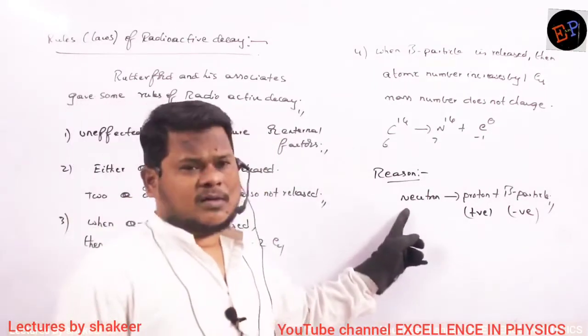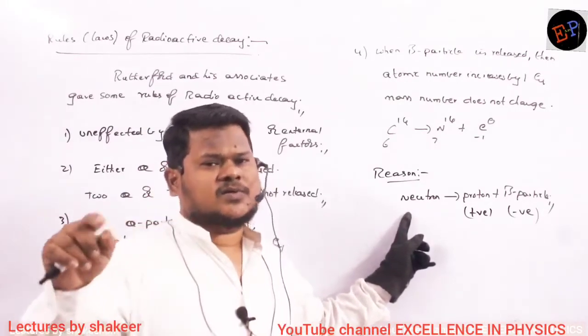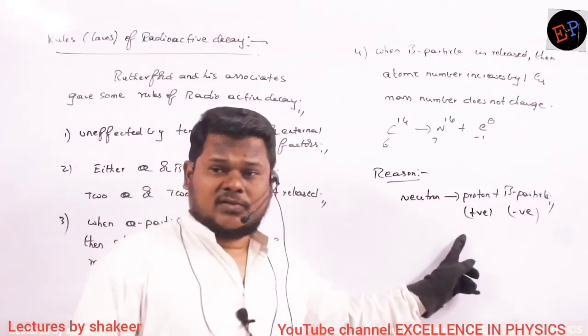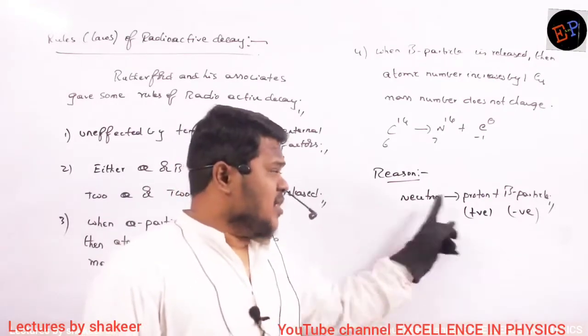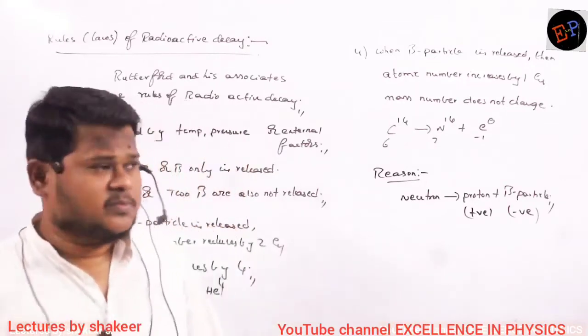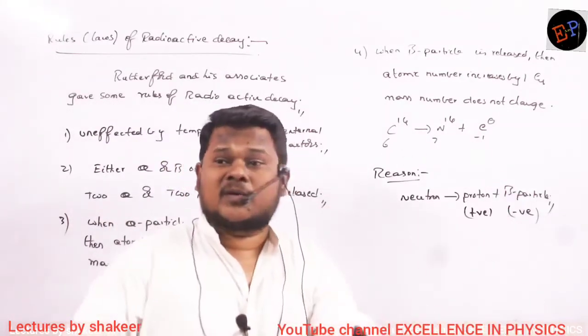Okay? So the mass of a neutron is approximately 1 AMU, about 1.0083, but approximately equal to 1 AMU. And the mass of a proton is also approximately 1 AMU, 1.0078, almost equal to 1 AMU. So the mass number is not changing because 1 AMU is converted into 1 AMU. Mass number never changes. But definitely one neutron has disappeared and one proton has formed.